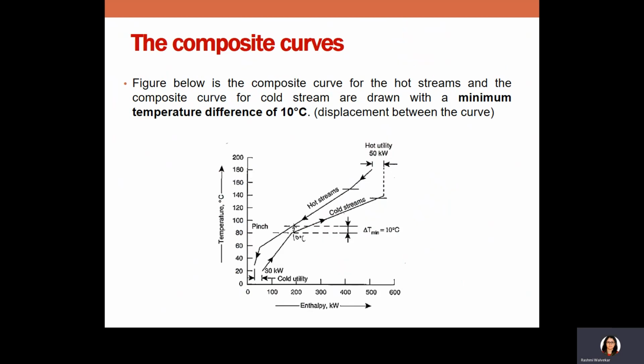All right, so this is again the representation of the composite curve. But if you want to change the minimum temperature difference, then you can just shift the curves accordingly to maintain your new temperature difference. But remember, the higher the delta T minimum, the higher will be your utility requirements, because these curves will move away from one another. When you have higher delta T, then here also they move far, and then your hot utility difference will increase, and similarly your cold utility requirement.